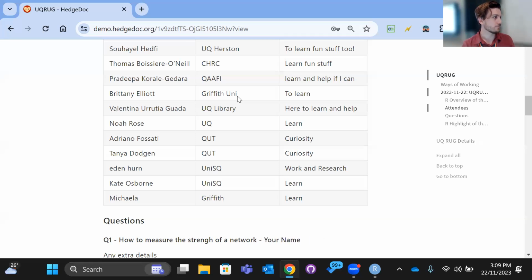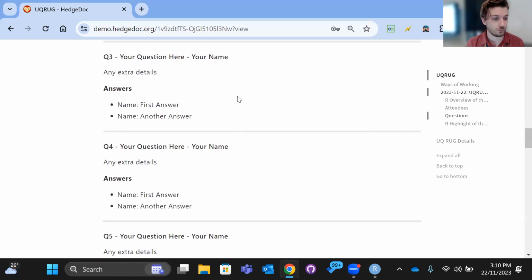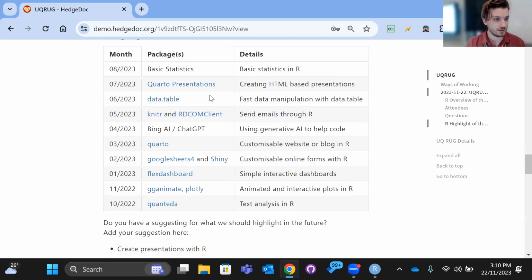Valentina: If they are interested in delivering a session. Oh, yes. If you are interested in delivering a session here at UQRUG, especially from wherever you're from, whether you're from UQ or not, I'd be more than happy to have a chat with you about presenting to us. So we've done a variety of different sessions. I need to actually update this list, but some of these have been me. Valentina gave us one. We had a number of UQ students. We've had a number of UQ lecturers come in.